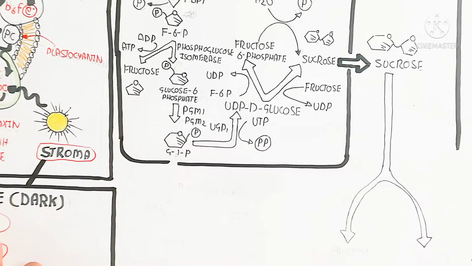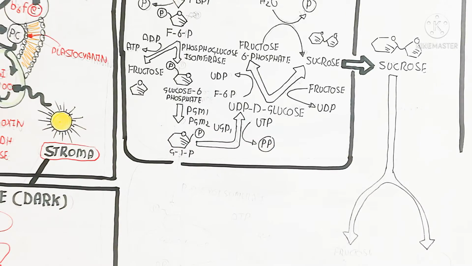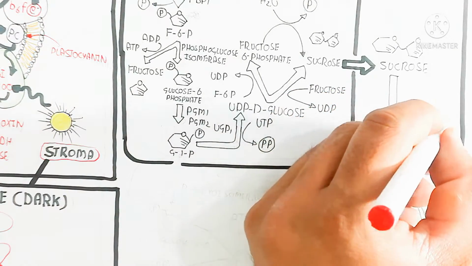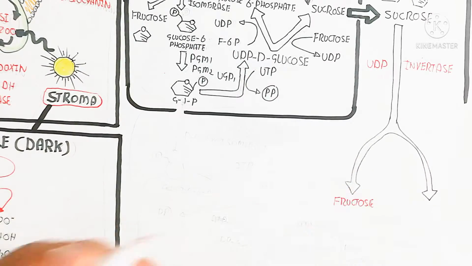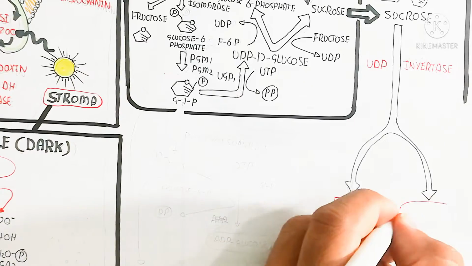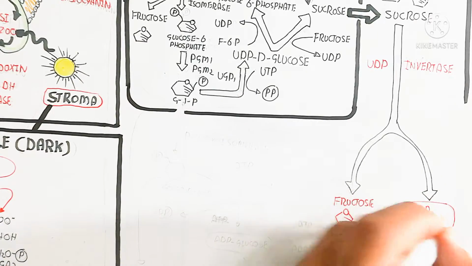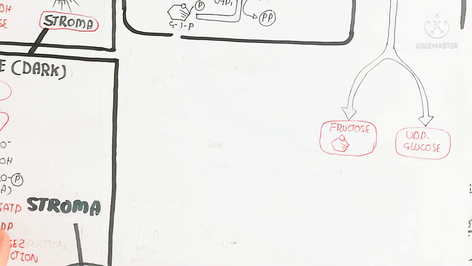Remember, because the UDP is used to produce the sucrose, and this fructose 6 phosphate will be used to remove the UDP to produce sucrose, and this sucrose will enter into the cytosol,